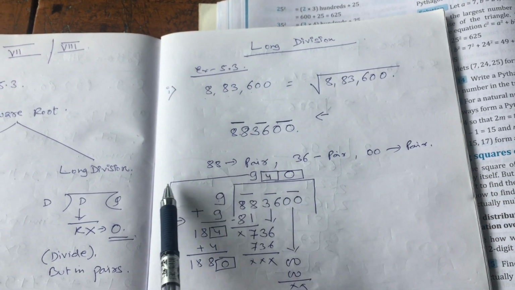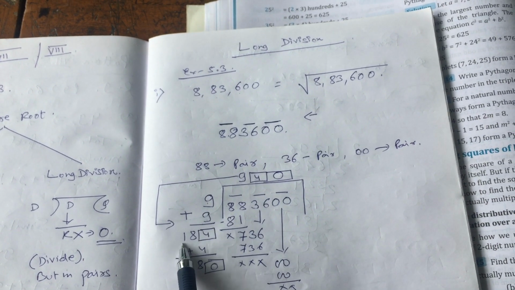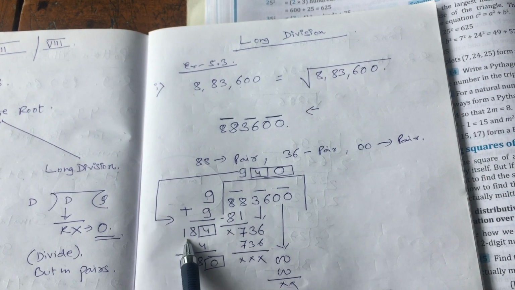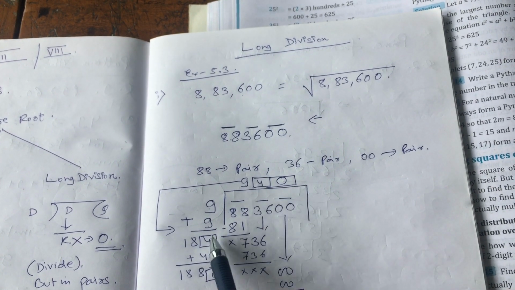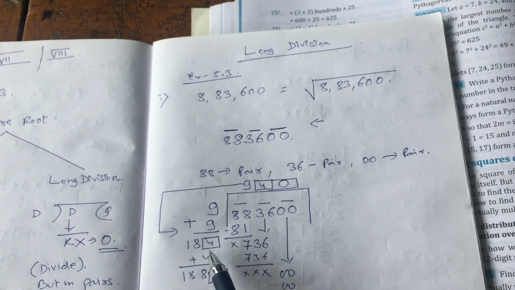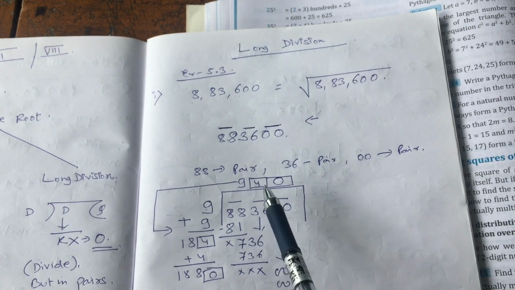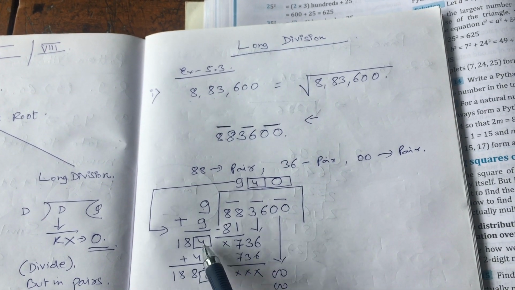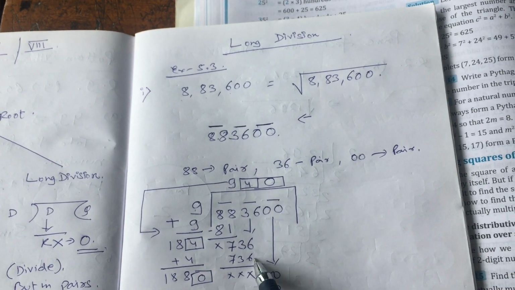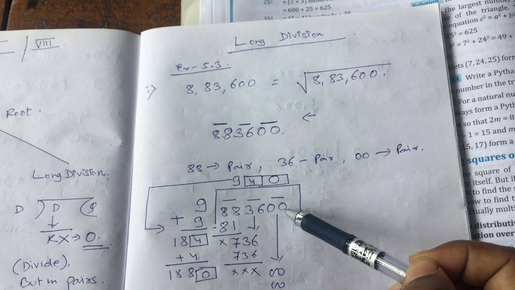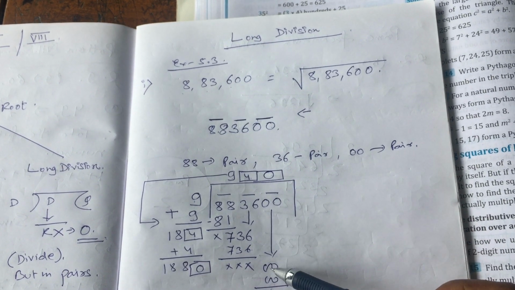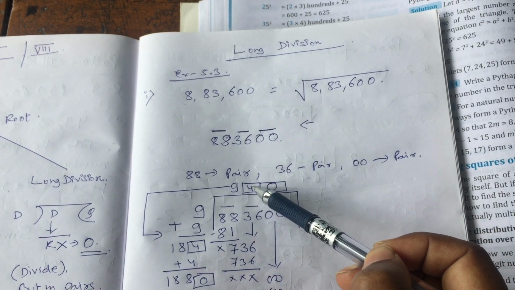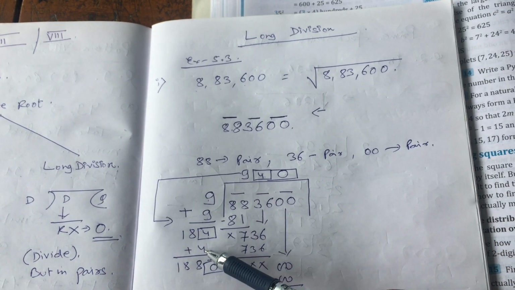And this 9 comes here and gets added here. So 9 plus 9 becomes 18. Now I have put two boxes here. So same thing, if I put a same number 4 here, I have put 4 here. So it is 184 into 4 is 736. So everything gets cancelled, and this 0 comes down. So again, ultimately this 4 also comes back and gets added here.